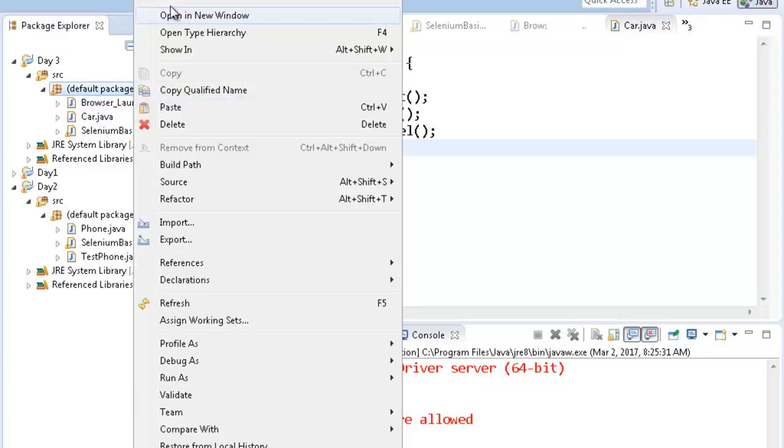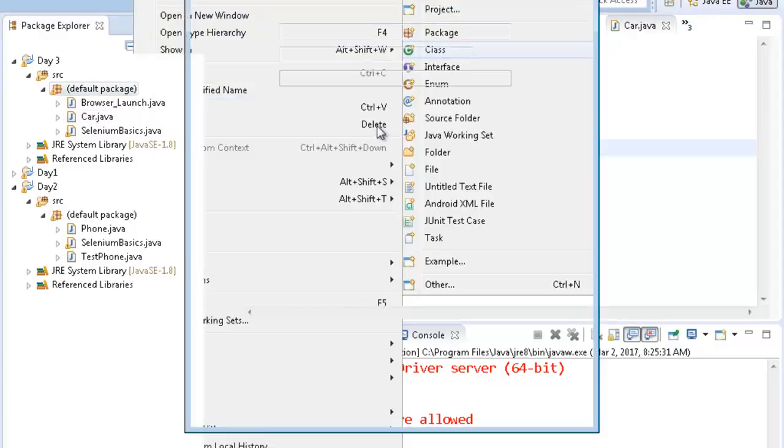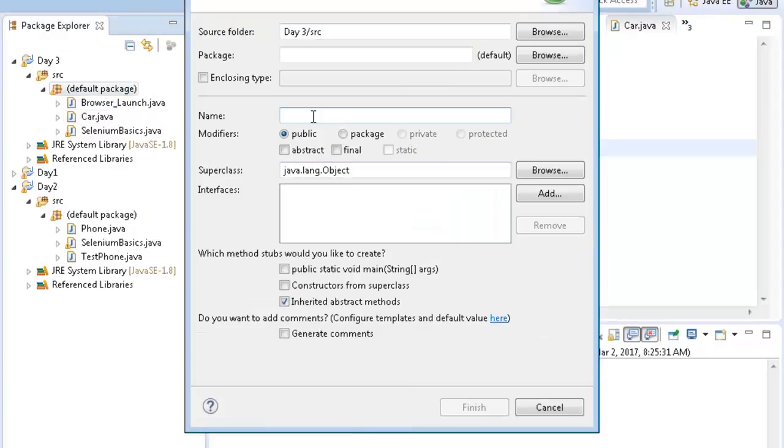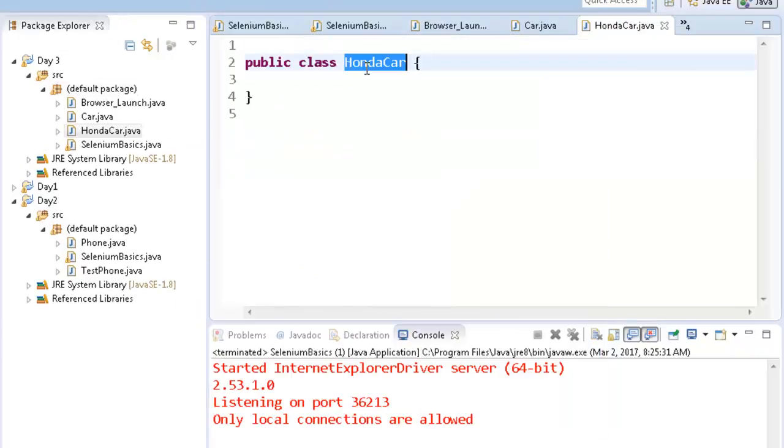Now if I create a new class known as Honda car, what we do in Java is that we implement the interface. We write: public class Honda car implements the car interface.